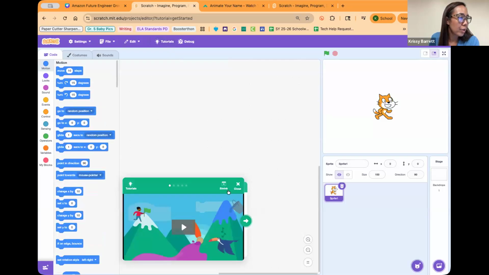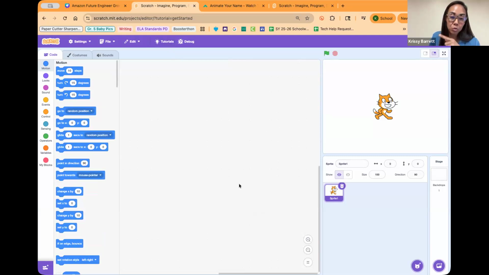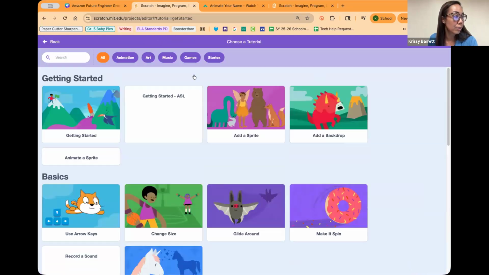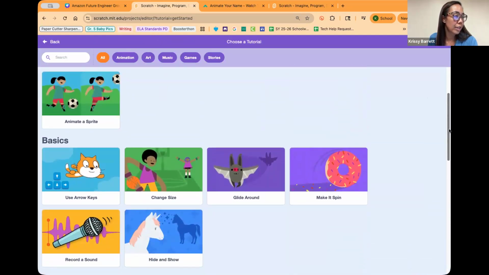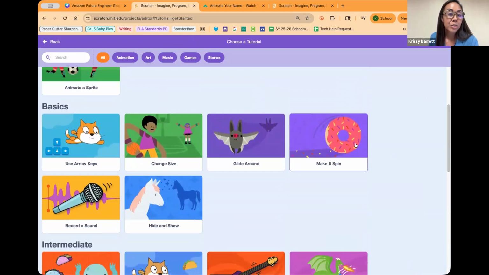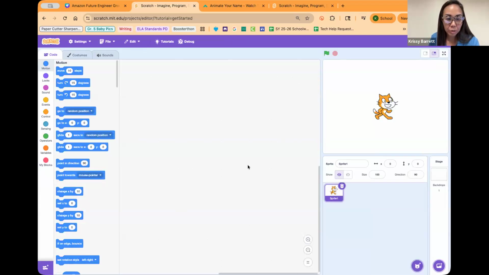Every time it opens, it offers these tutorials. When I'm teaching, I tell the kids, okay, let's just close these for now. However, they're very useful for when the kids start to work on their own, because if they have an idea and they're not sure how to execute it, if you click on this tutorials thing up here, it has a whole bunch of different things. Like, I want to make my letter spin, but I don't know how. So I tell them, look into the tutorials and see if there's something there. When you go through the tutorial, it walks the kids through and tells them which blocks to use. But when we start together, we just start with a blank workspace.